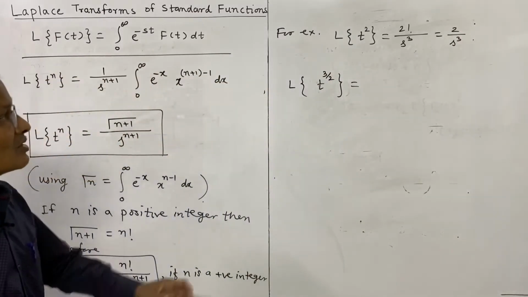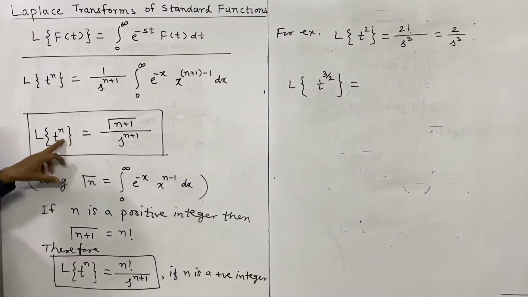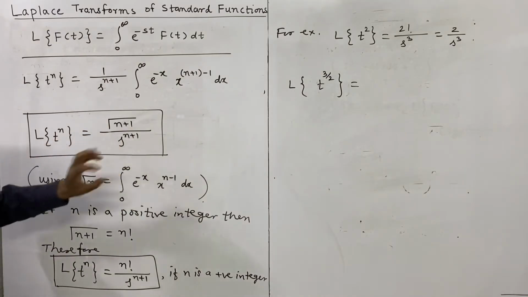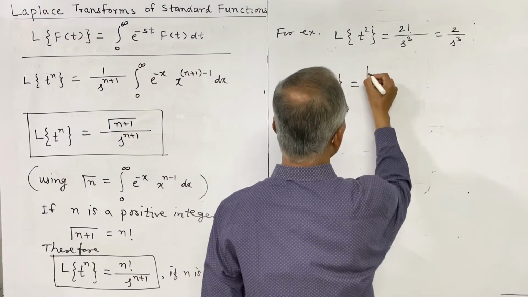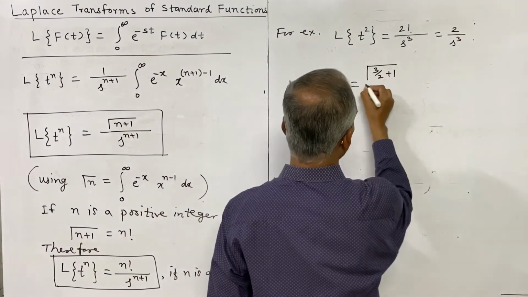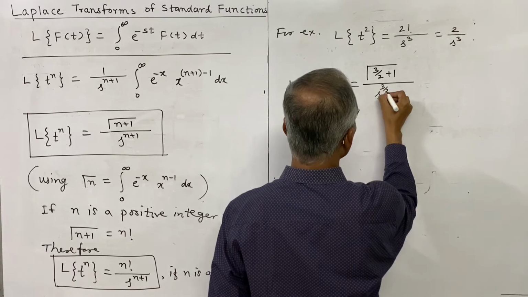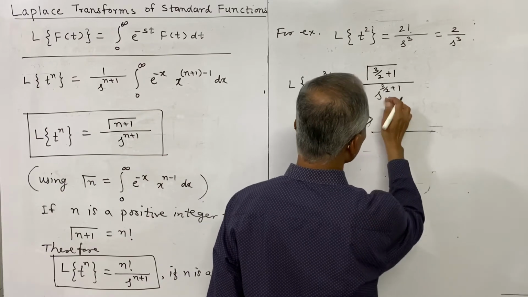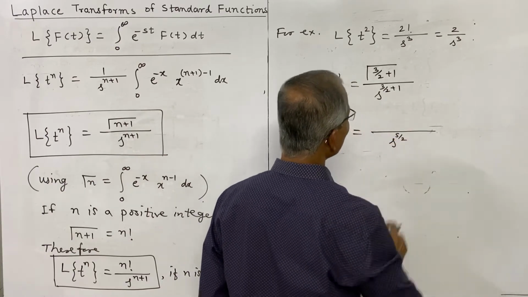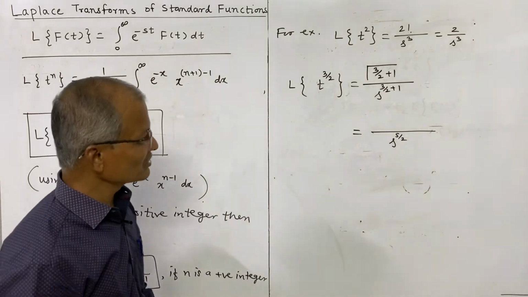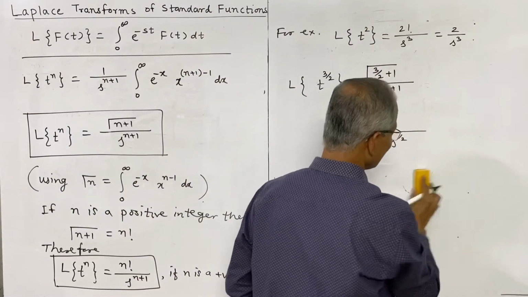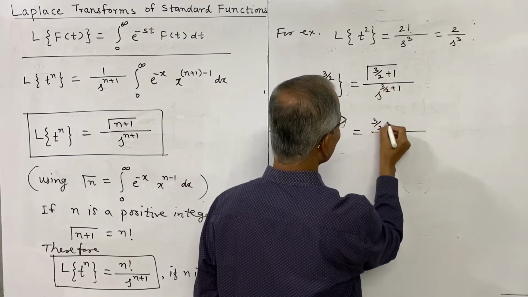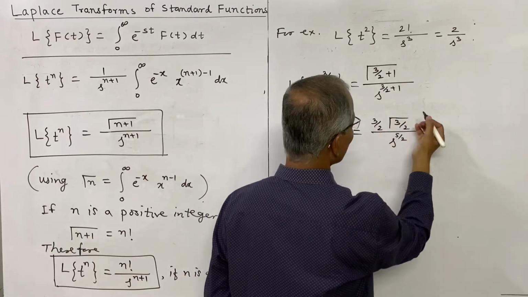Now here n is not an integer, so we have to use this formula, L of t power n, gamma of n plus 1 divided by s to the power n plus 1, and that will be gamma of 3 by 2 plus 1 divided by s to the power 3 by 2 plus 1, or that can be written as, the denominator will be s to the power 5 by 2, and the numerator can be reduced using the property of the gamma function, and that is 3 by 2. See, this is 3 by 2 into gamma of 3 by 2, and again